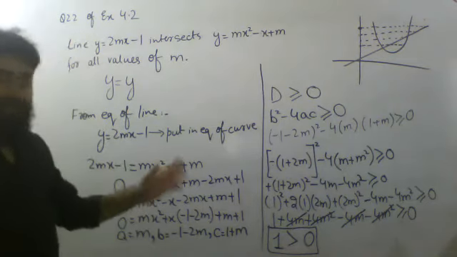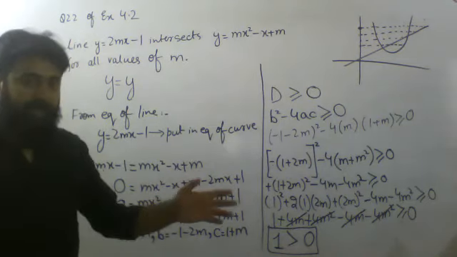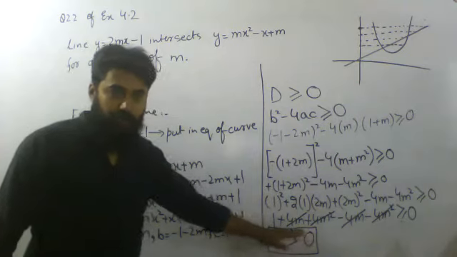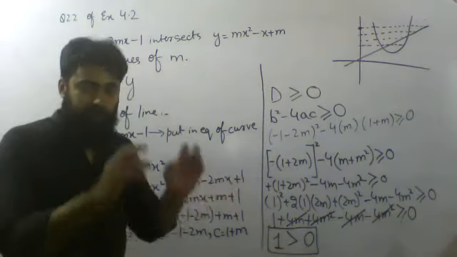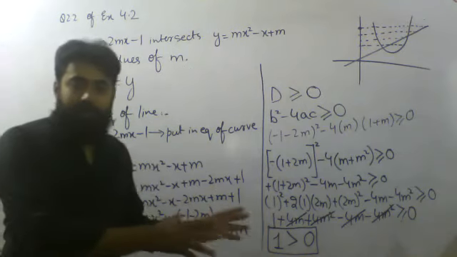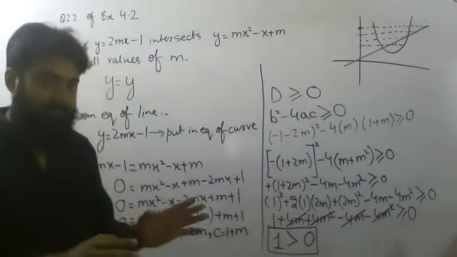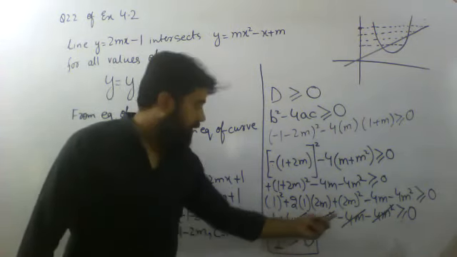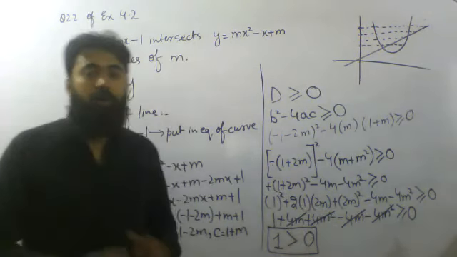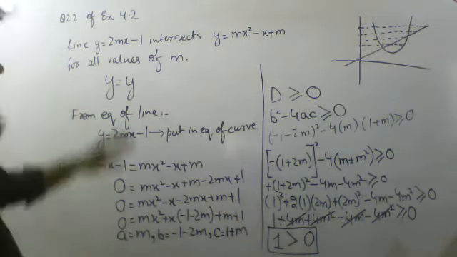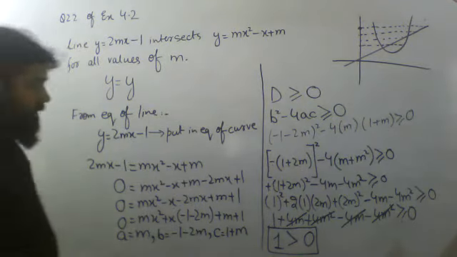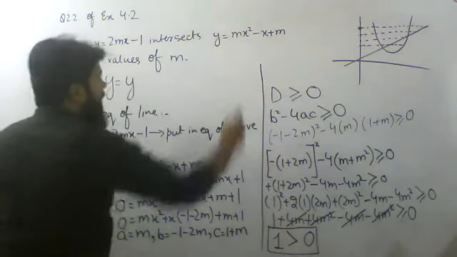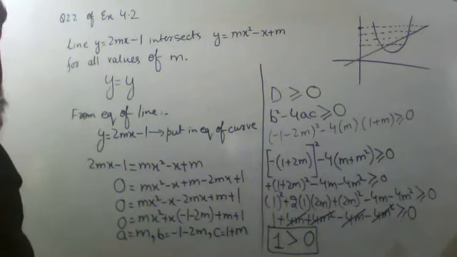So it means any value of m, positive, negative, fractions, decimal, whatever value of m I plot, it will get cancelled. I don't have to plot it, I'm just giving you the basic concept. Because 4m minus 4m plus 4m square minus 4m square cancel. So it is correct that for any value of m this is going to happen, which means your line and your curve are going to intersect.